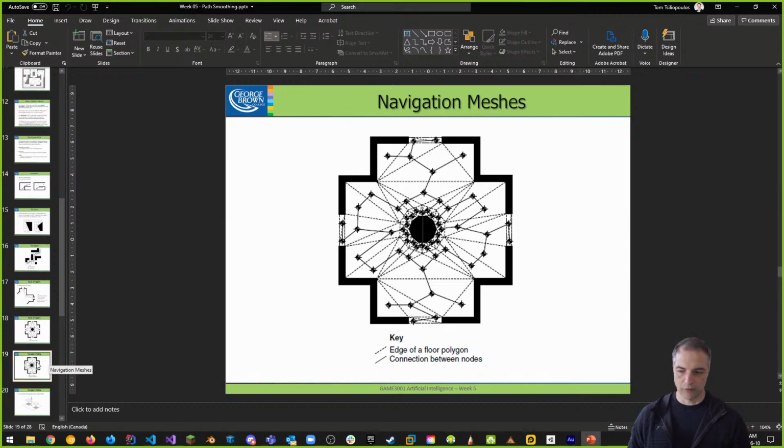But another division scheme is using something called a navigation mesh. Okay, so here's a navigation mesh. And I'm going to talk about a navigation mesh really quickly. Unity uses a nav mesh when it comes to their system. In a little demo in a second, I'm going to pull up a Unity project. We're going to make a new Unity project. I'm going to show you what a nav mesh looks like really quickly